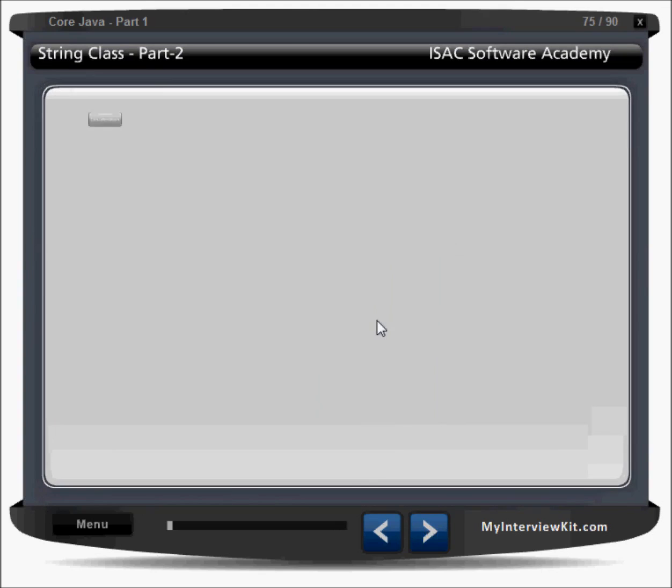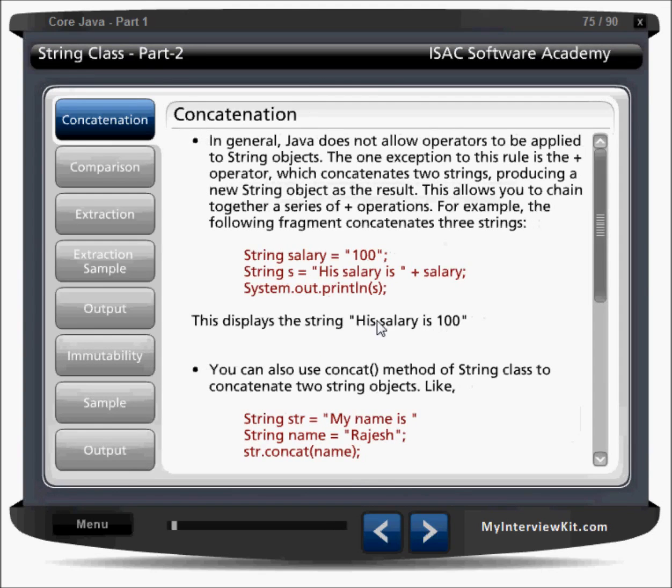You have to explore more on this part. Let us see some more behaviors and properties related to the String class: concatenation.